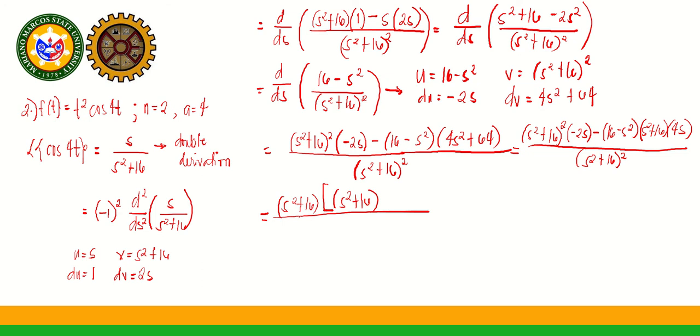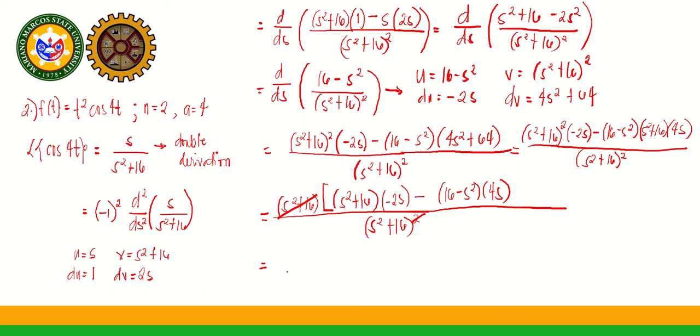So yung isa lang yung nilabas natin, and then times negative 2s minus, linabas natin yan, so natira will be 16 minus s squared times 4s. So this is 16 minus s squared times 4s over s squared plus 16 quantity squared. So we can cancel yung isang s squared plus 16 dito along with this one. So we will be left with